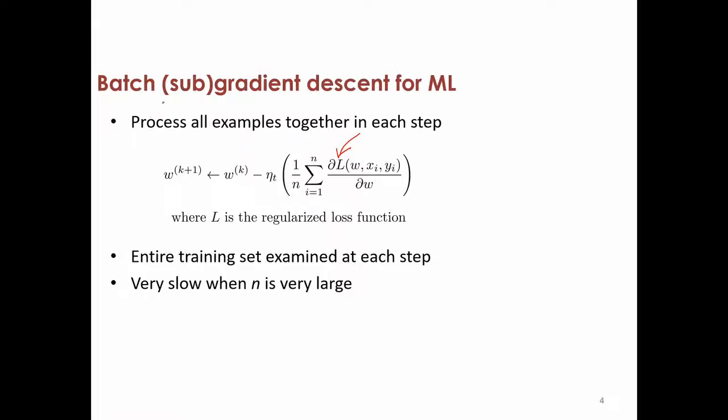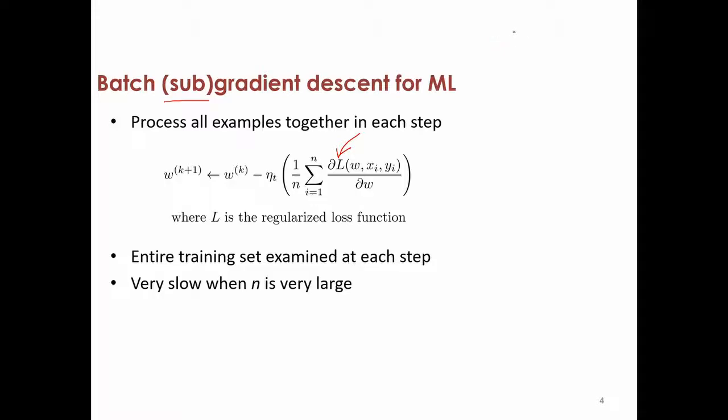We will not go too much into the technical details of subgradient descent, but basically gradient descent only works for objective functions which are differentiable, whereas subgradient descent also works for non-differentiable objective functions